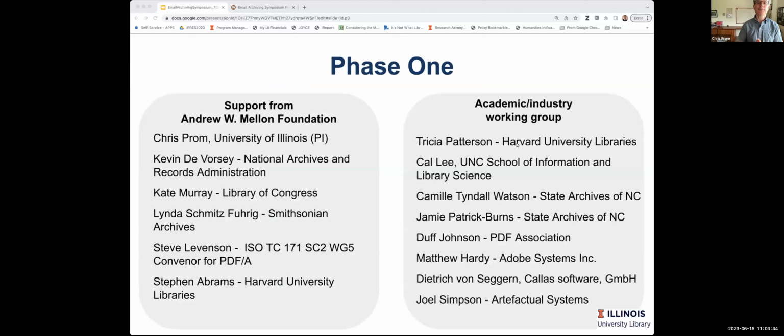So the first phase of the email archiving and PDF project, as I said, was funded by the Mellon Foundation. And the real purpose of that project was to draw together a group, both from the archives and the academic community, and more to the point from industry as well, and from the PDF industry. And the primary goal of that project was to answer a relatively